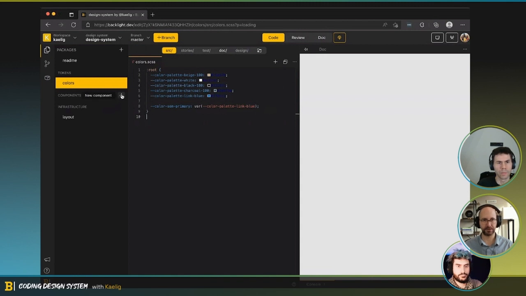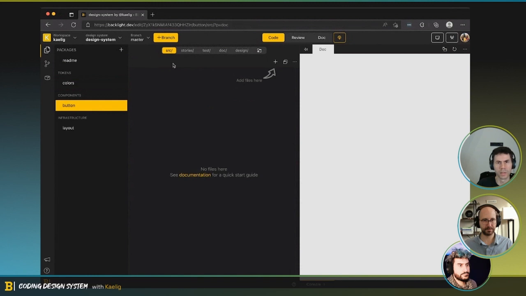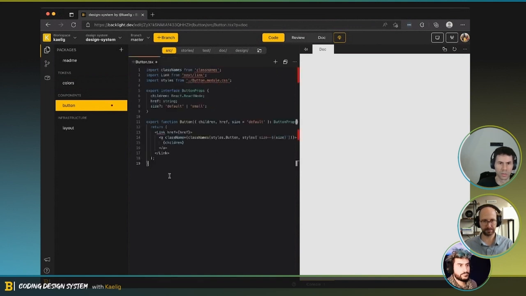So do you want to take the code from my button component that I had in my repo? Yeah, so let's create this button. We're going to create a package button. In the package button, we're going to create button.tsx. And then we're going to paste your code. So then here, there's a few things we need to do. So we can also pick up the CSS module. That would be a good thing. Yeah. This way it's done.